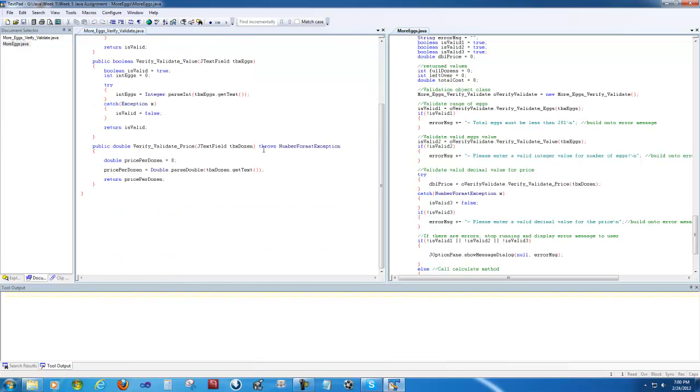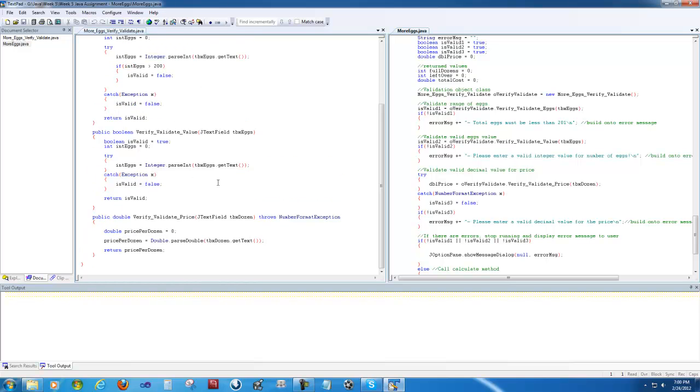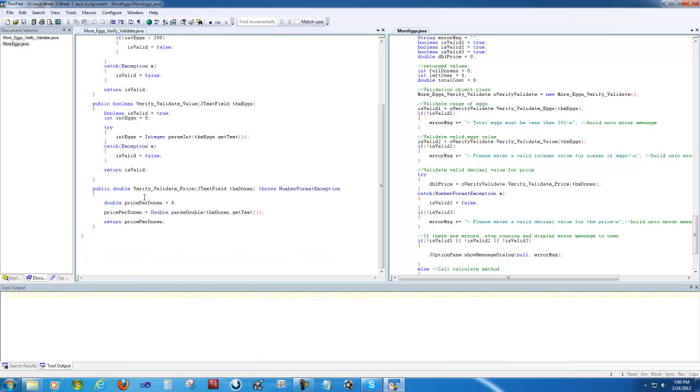Here's the validation class. It does different types of validation, but right here is the part where I was getting really messed up, because I was trying to test and try to parse. I was trying to convert the string to a double right here in the class. And I thought it worked, but it wasn't working for me, because I think I didn't have